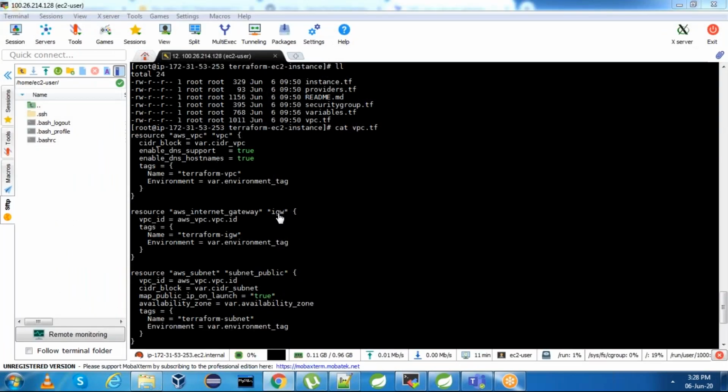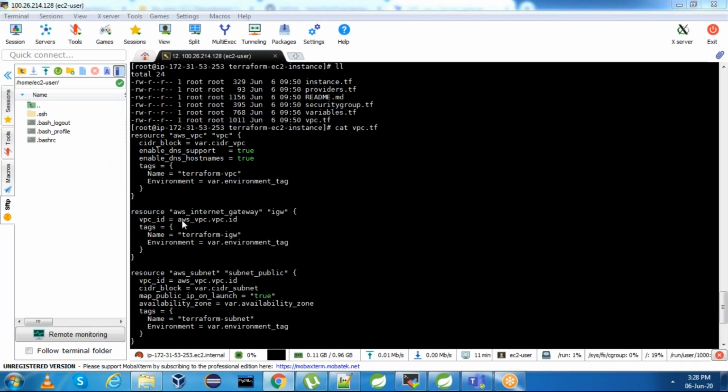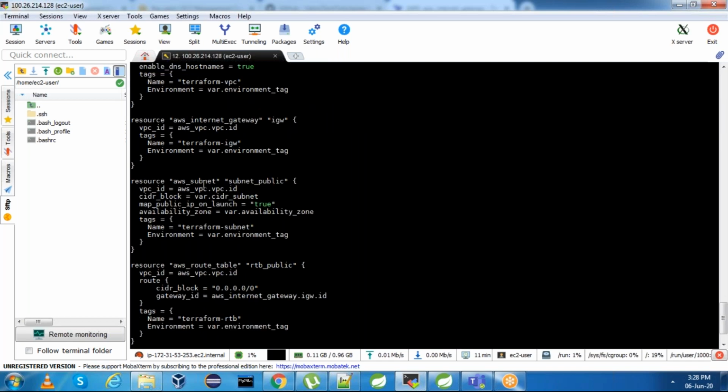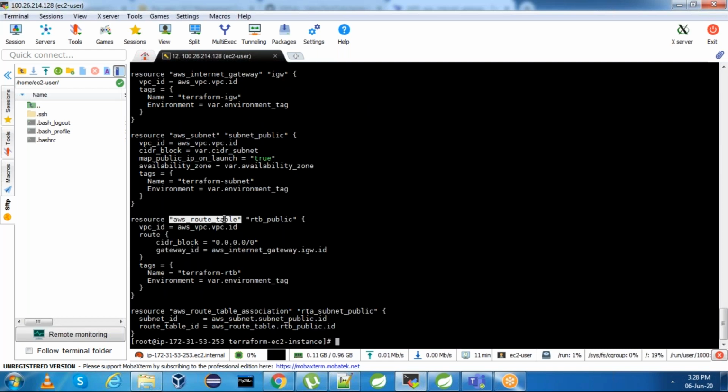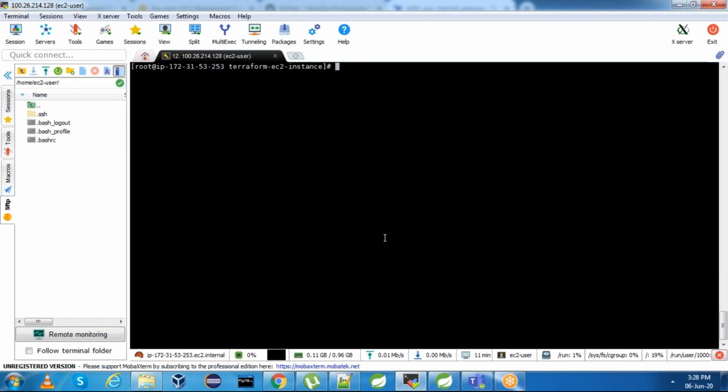I have given the name as igw. And here we need to mention the VPC ID, which we got from the above section. If you see aws_vpc, the name is vpc and we have mentioned the ID. Likewise, I have created subnet, route table and route table association, everything from the VPC perspective.